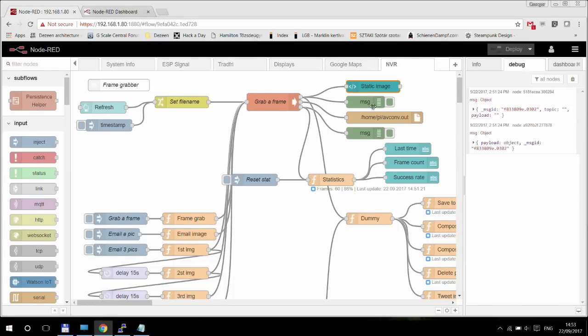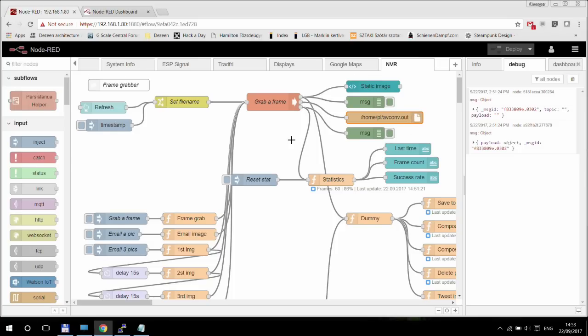And just for debugging purposes, to see what's going on, I have put this message stuff here, but you can probably remove that. And the second output, I redirected to a file. That again would be important for testing, because if something goes wrong, especially with this AVConf program, the output is huge. It's so big that you can't see the whole output in the debug window. So if you redirect it to a file and something goes wrong, you can look at the file and see what's happening. But again, you can probably remove that once your solution is stable and you don't need to create a file every time you grab an image. So that part would be the most basic